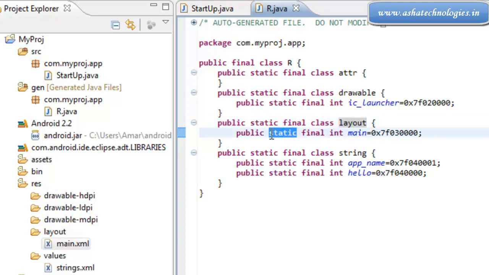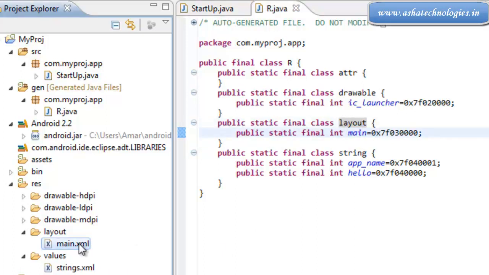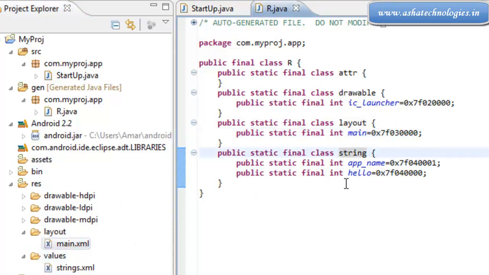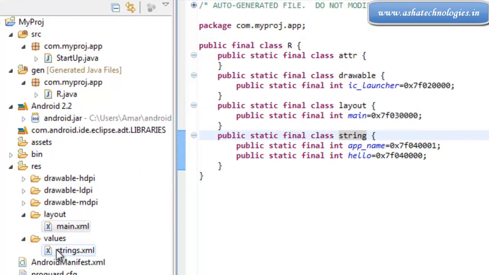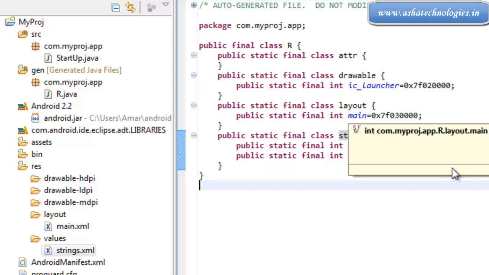This layout can access this main, which is nothing but main.xml. Also the string class, in which we got app_name and hello. So we can see how this works.